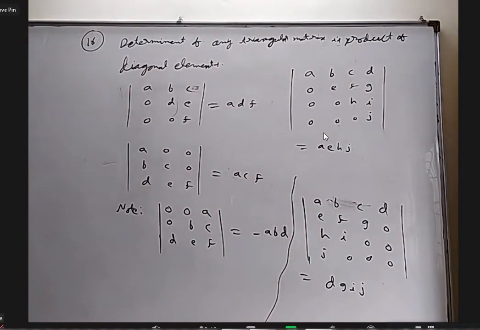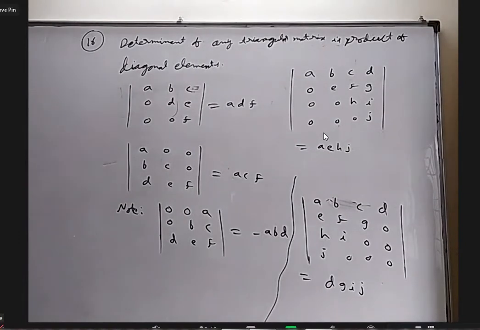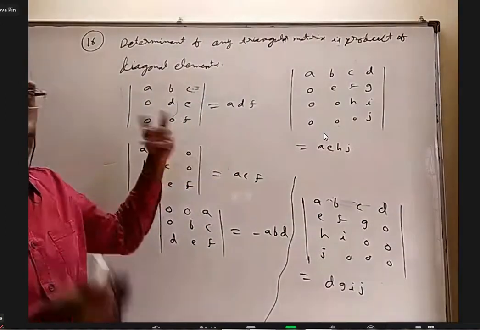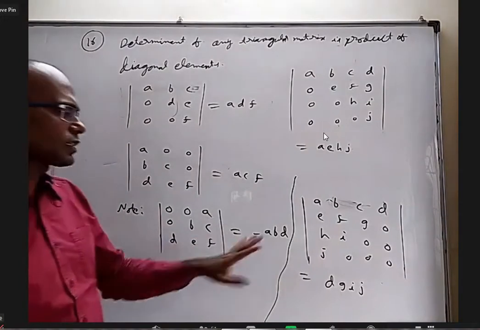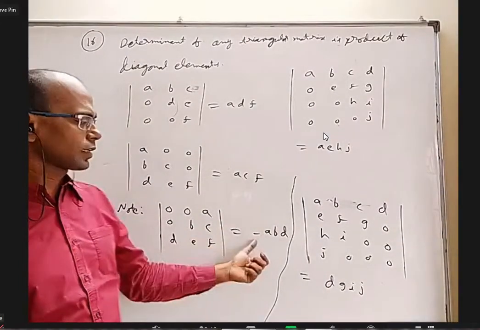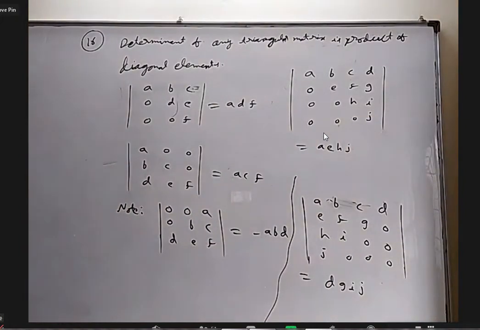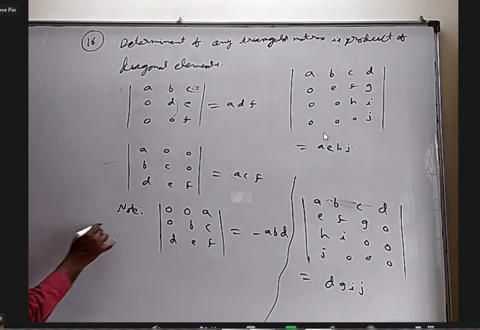Okay, sir. So then for odd matrices, will it be minus, sir? I think even for 5 by 5, for this kind of thing, always the diagonal only. Doesn't matter any order. For these kinds of things, yes, we can say for odd order like this or even order like this. Sir, is there any triangular matrix for a 2 by 2 matrix? Yeah, 2 by 2 also has a triangular matrix.